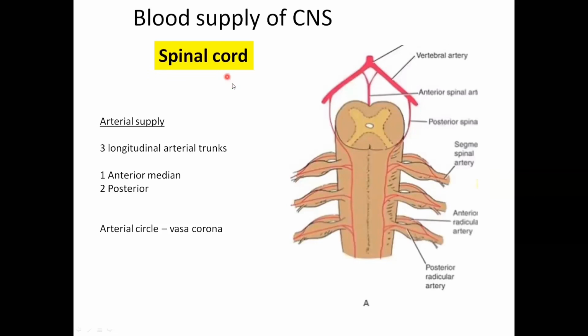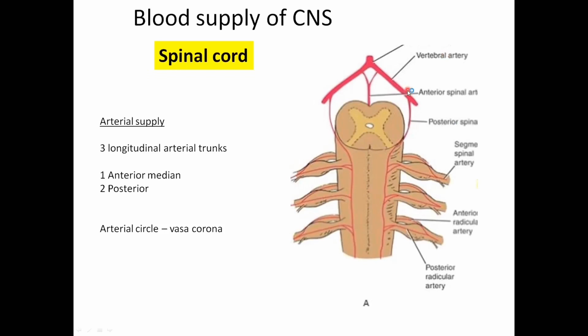Coming to the blood supply of the spinal cord. In this diagram, you can see that this is the anteromedian fissure. This is the posteromedian sulcus. This is the anterior gray horn, the posterior gray horn, and that's the central canal. The blood supply to the spinal cord comes from the anterior and posterior spinal arteries, which are branches of